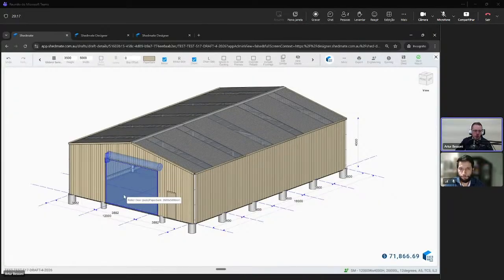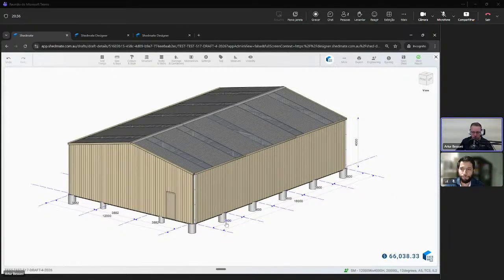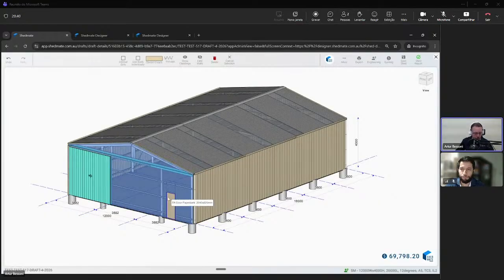So for example, I would give some advice here, say, hey, look, I think I have a very big roller door there. Is it really what you want? Wouldn't it be better to change to a sliding door panel? And that person can be like, yes, but I just think that might be too expensive, isn't it? And you can say, look, your shed right now is $71,000. So if we just delete that roller door and we add here a sliding door panel, we're looking at